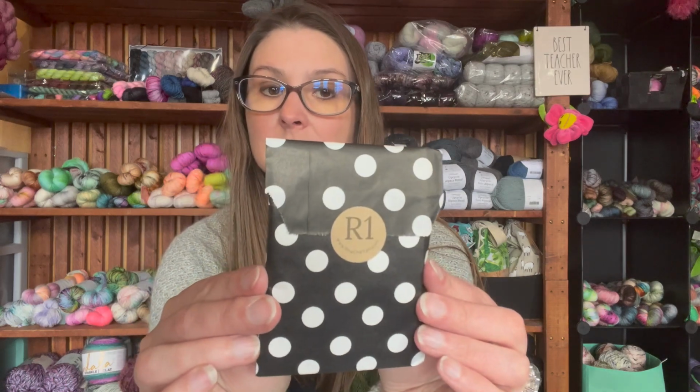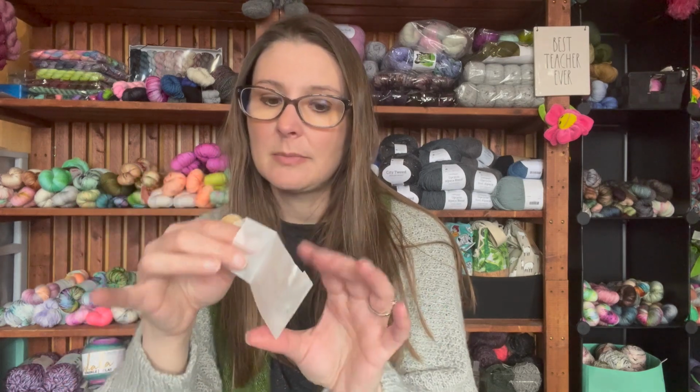I got my Row 1, so we'll open the goodie pack first. Let's see. Ooh, a candy cane. I could dive into a chocolate. The stitch marker this time. Sometimes it comes in clear plastic, sometimes it comes in these little bags. We got,